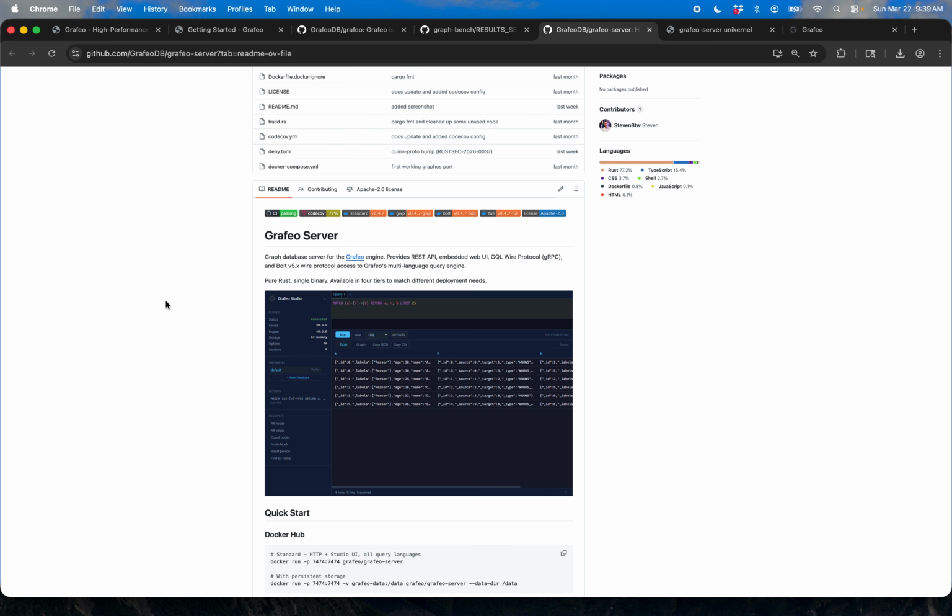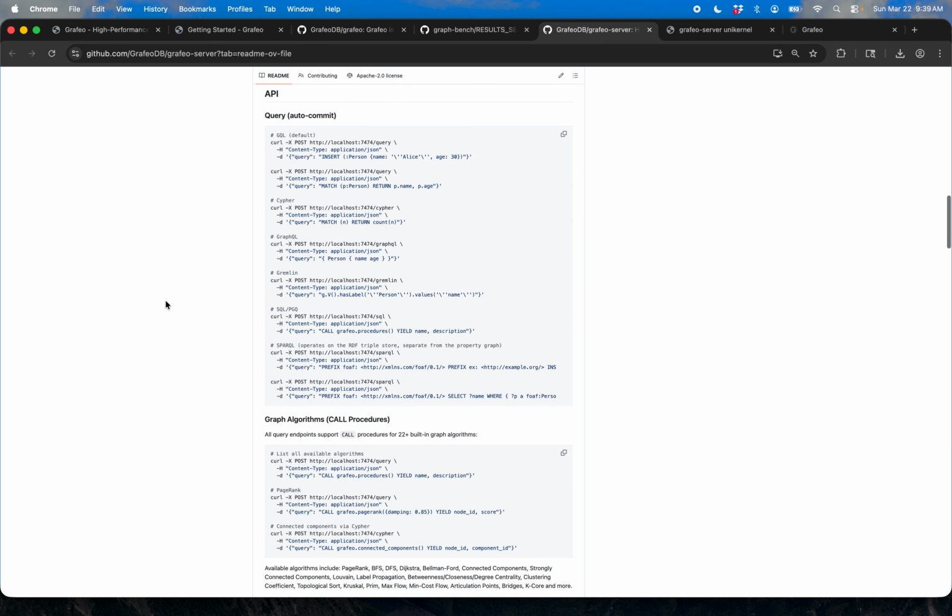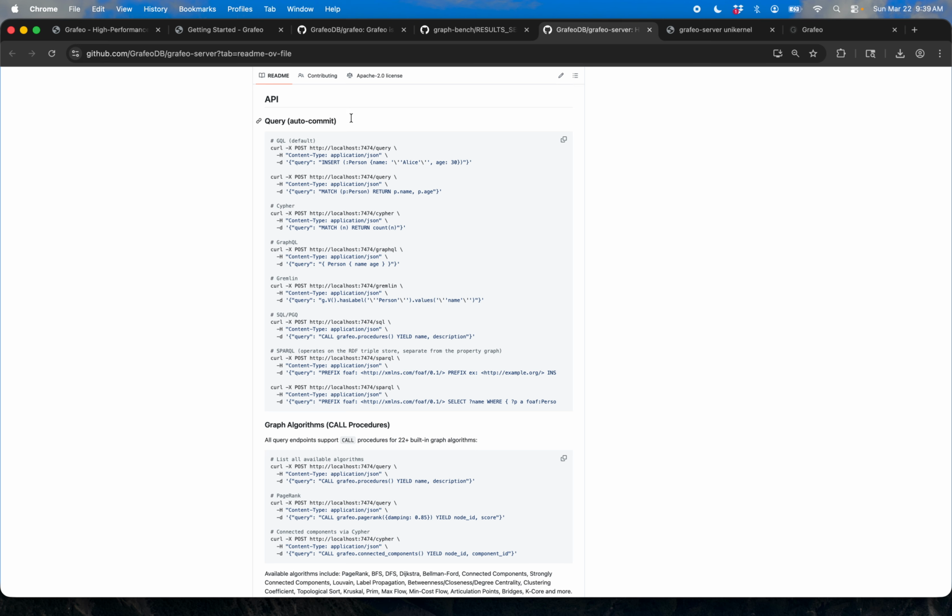Now on the web front, what we can do is take our query, and in this case this was just GQL default. Like I said, they have different query language support, and like here we have match p person. Here's just match in GraphQL, which a lot of people are probably pretty familiar with. It's just person name, age. Then you've got Gremlin. Gremlin was really big